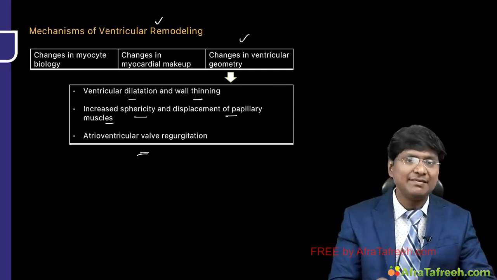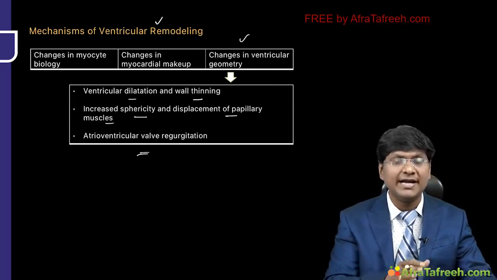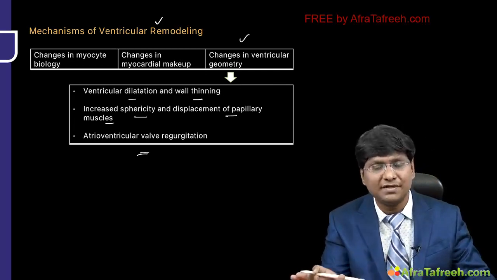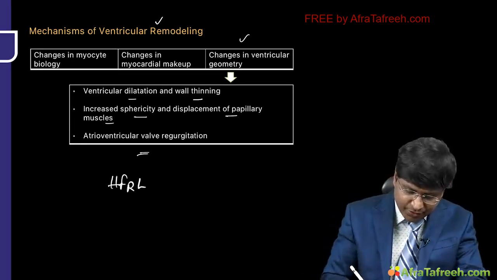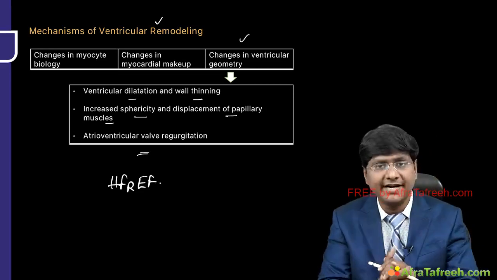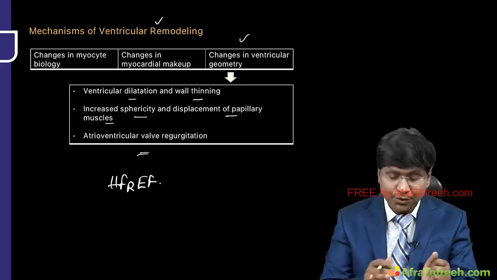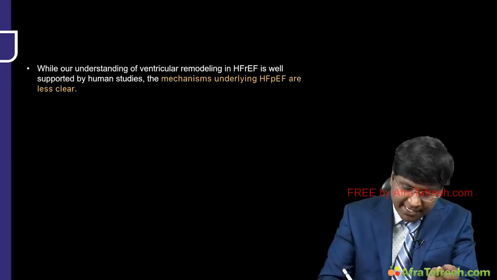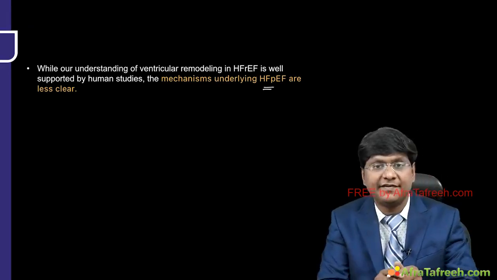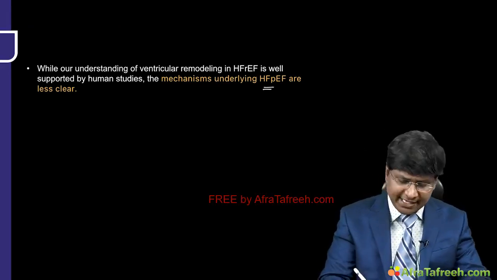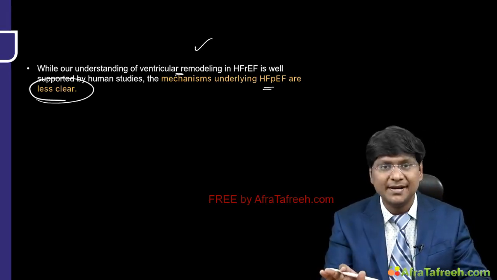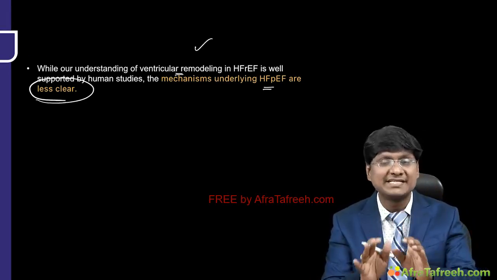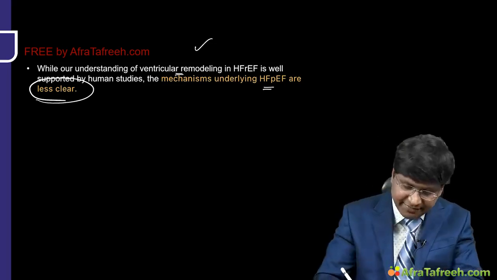Okay, so these are the mechanisms causing ventricular remodeling as well as the progression of heart failure, particularly in heart failure with reduced ejection fraction, right? Whereas in the scenario of heart failure with preserved ejection fraction, what exactly are the reasons for the ventricular remodeling? It is not very clear, but what has been described is,